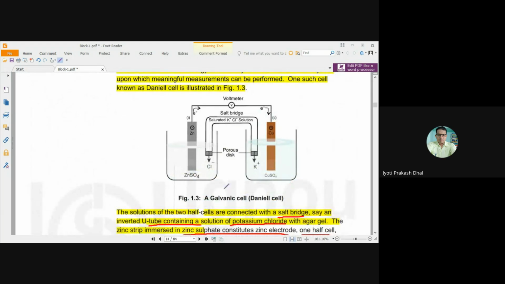Now again we move to the diagram. Already we have discussed that zinc is a more active metal than copper, and you see the left hand side electrode. What is happening when a zinc rod is immersed in zinc sulfate solution? Then the zinc atoms from the zinc rod or zinc metal will ionize, from Zn atom to Zn2+ ion, and that will go to the solution. So that means zinc atoms ionize to Zn2+ ion, and Zn2+ ion goes to the solution, and the